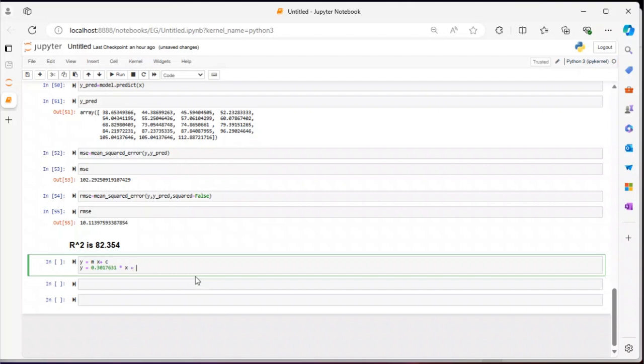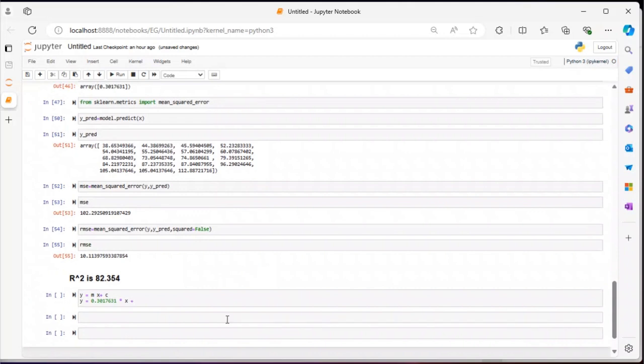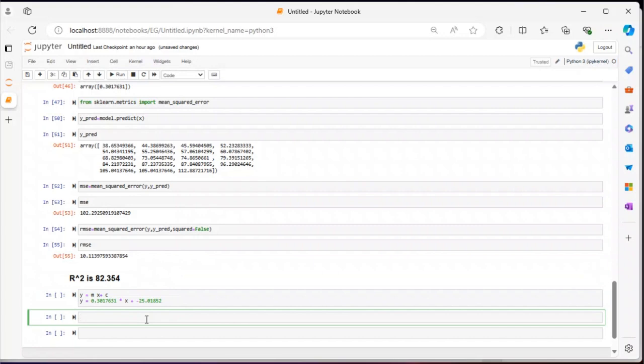So y equal to m into x plus c. What is the c value we got? This is minus 25. So this is the equation for linear regression. This is the mathematical way of explaining the modeling that we can build using sklearn. That's the way of train test